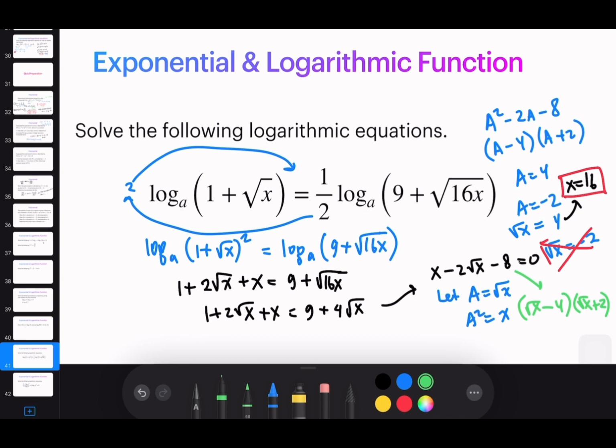This one? We squared. It is square root x. Yeah. And where is x? Oh, the substitution is the